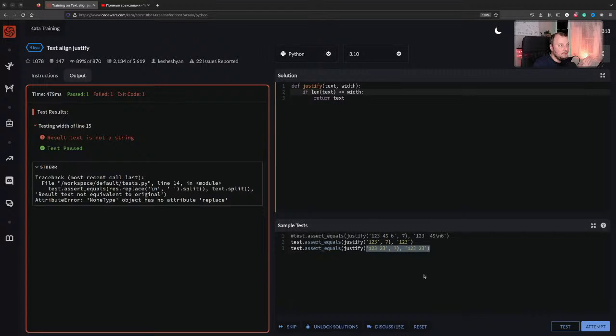I don't think it's failed because of that, but I just thought that I can do this. Why? I don't really know which one is failing. This one is failing. If len of text is smaller, okay, let's just identify which one is failing. I should have started earlier by just doing one test. But okay,